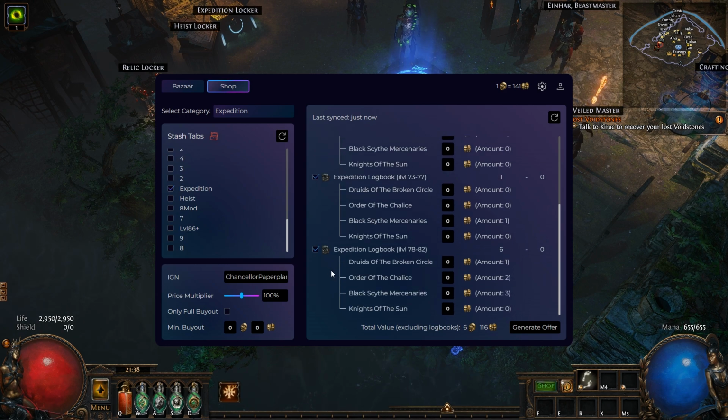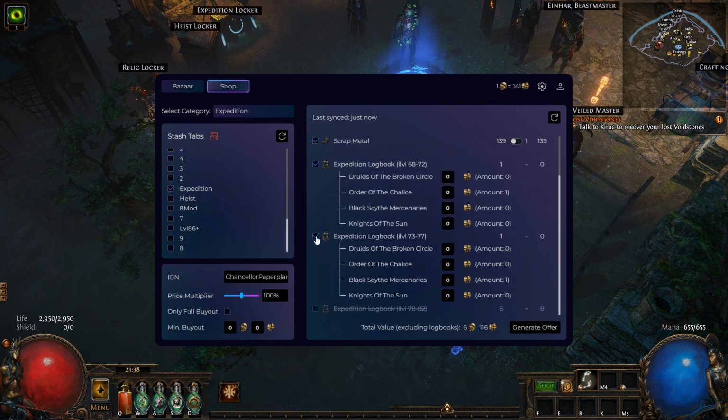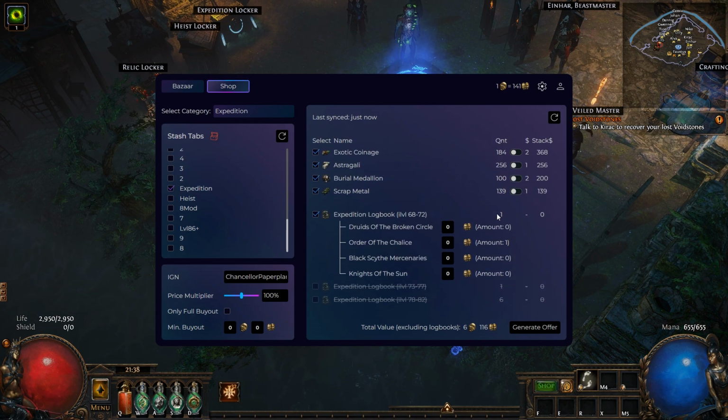Now, how this works is best explained on a category where I only have a single logbook. Here's the quantity, 1 of the white tier maps. Currently, this is being used as Order of the Chalice. You will have to overwrite the prices yourself because PoE Ninja doesn't track them. What else do we have? Black Scythe. Okay. So the way that this works is Bulky will scan all of your Expedition logbooks and then